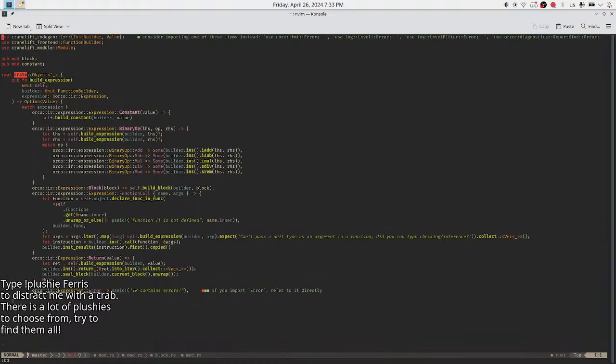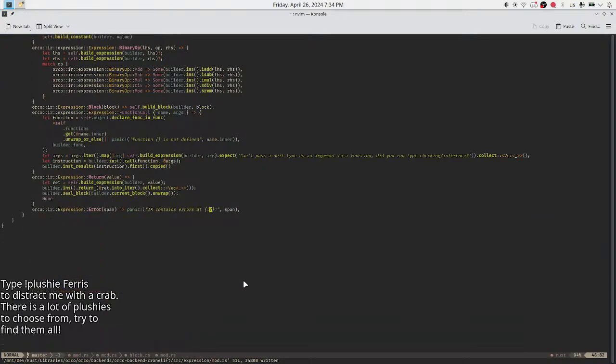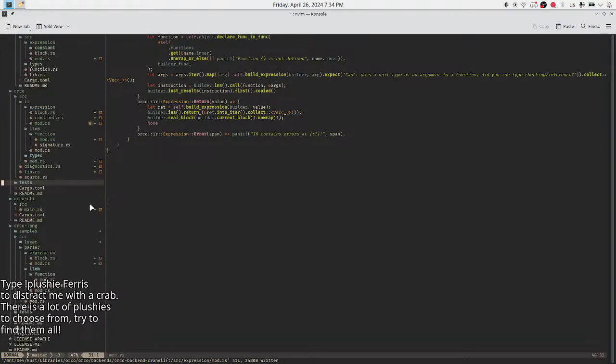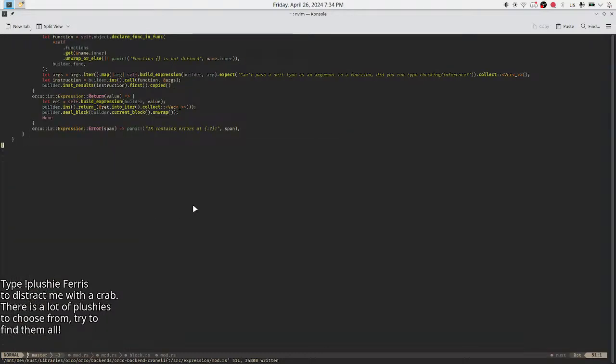Need this. Here an error. Yeah, just at and then I'm gonna do span. Maybe I do this? Yeah, I can do this. This will just be helpful for debugging purposes.